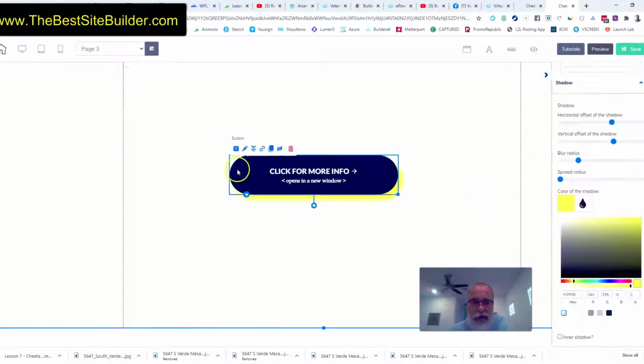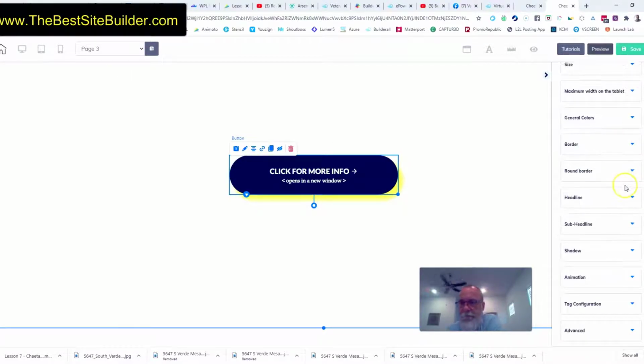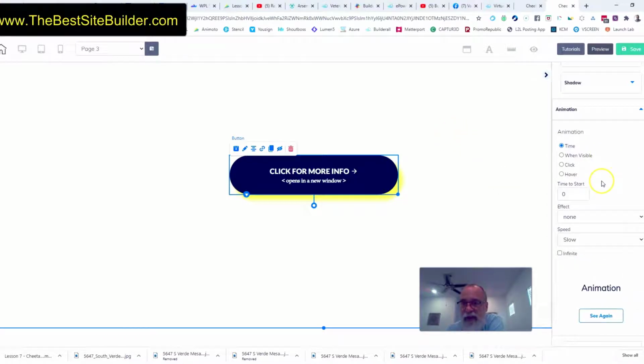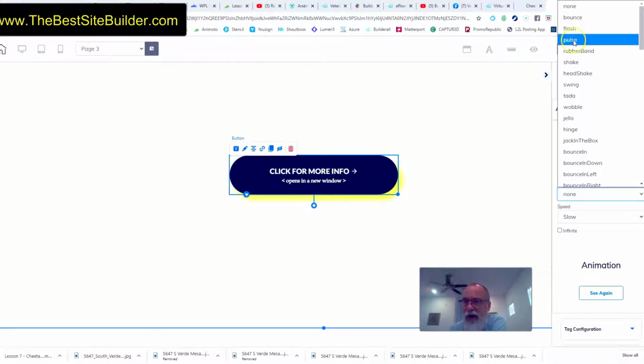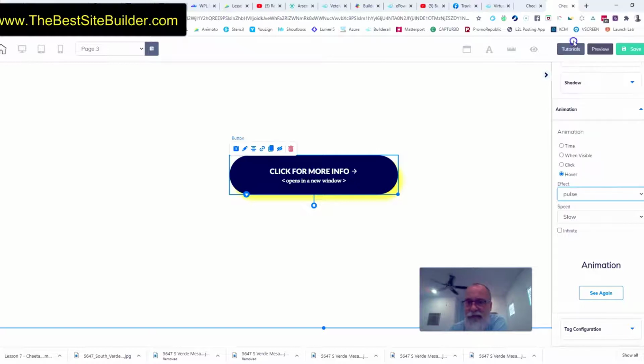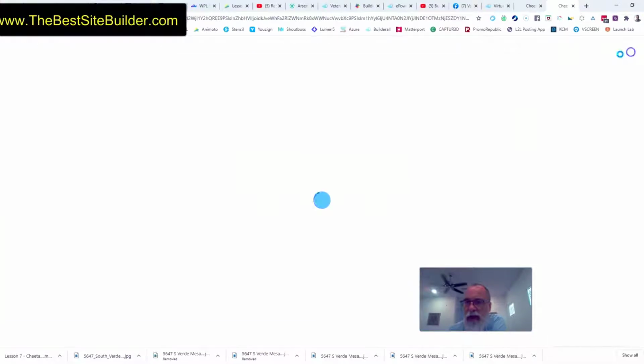So now I'm going to click on it again. I'm going to continue researching what I can edit. I don't do all these things. Animation I use though sometimes. So I like maybe the button to shake a little bit when you hover over it. So when you move your mouse over it, it shakes a little. So I will click hover. Effect, there's all these effects, and I might use pulse, and it'll give you a little example of what it does down there. And I'm going to leave it on speed slow, and I'm going to hit save